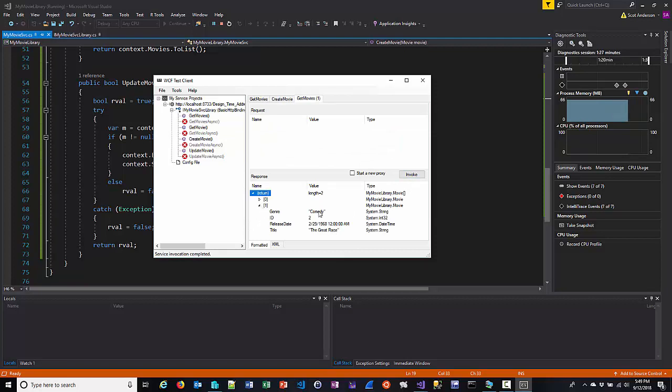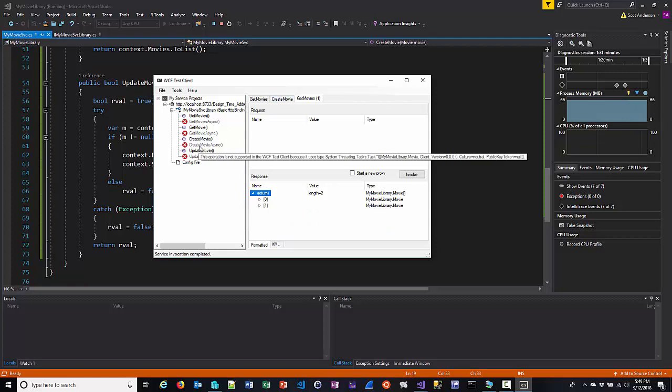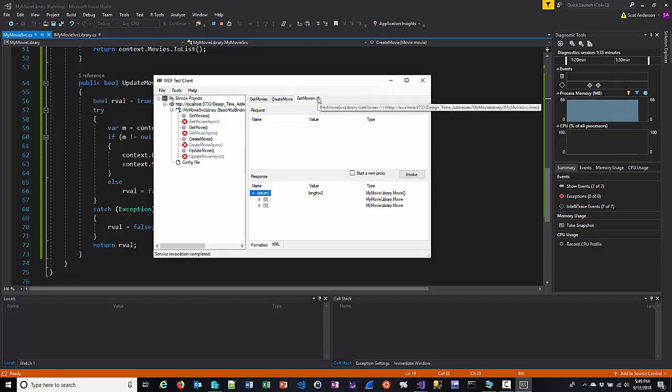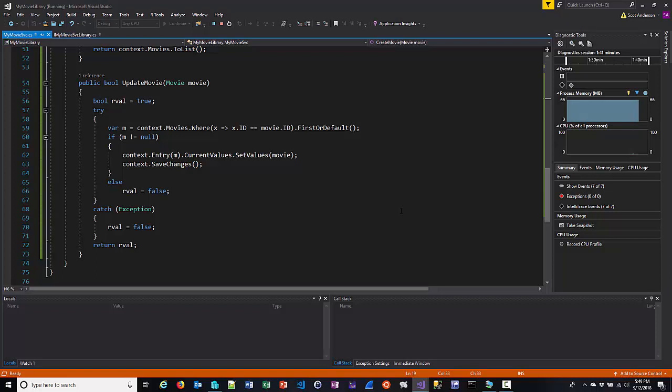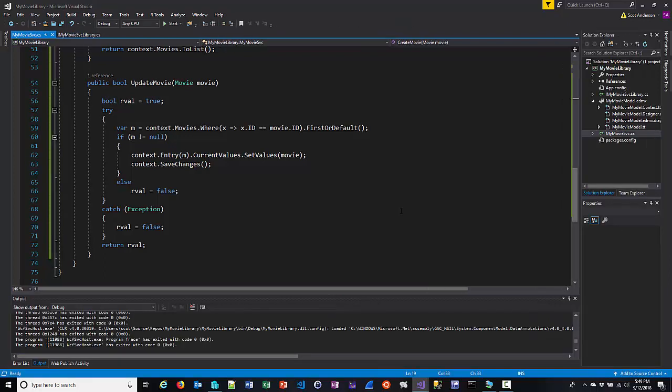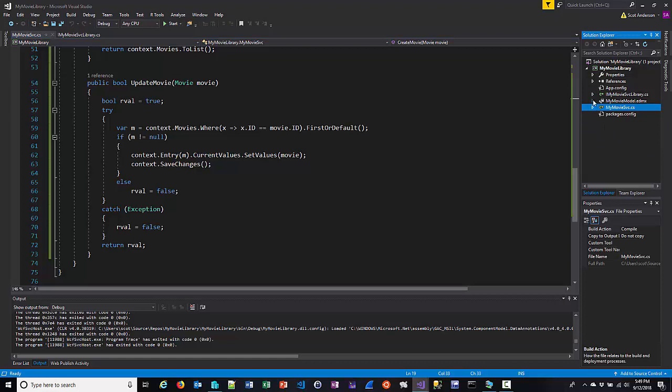and the second one should be the great race. So there we go. All right. No matter what I do at this point, these appear to be working. All right. So the next step then is to create a service, an actual service that we can deploy, and